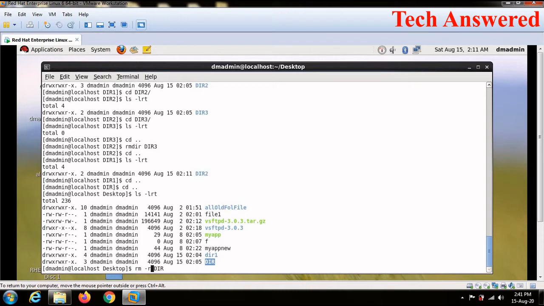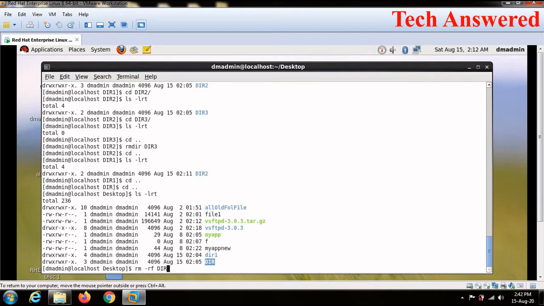If you want forceful removal of some files or directories for which you do not have write permission, you can use rm -rf as well. But the use of rm -rf is a little bit discouraged because in a professional environment it can delete a lot of unnecessary data also. So whenever you are running the rm -rf command, please be a little bit careful.